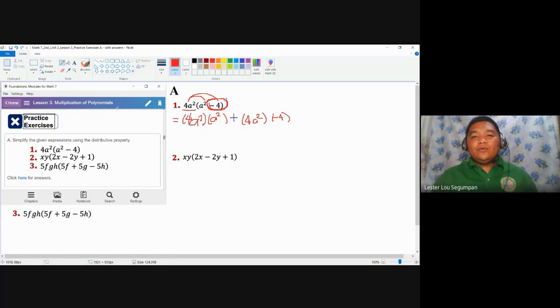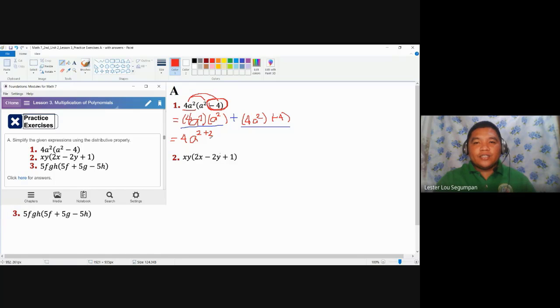And then we are going to simplify them independently. Do not add yet, because again, we are only assured to add or subtract if they are alike, and we are not yet sure if they are alike or unlike. So let's combine this first. To combine, we multiply the numerical coefficients and the literal coefficients. So 4 times 1 is 4, because it has a 1 here. And then you have a, and this is where the multiplication law will come in. Multiplying variables with the same base, you add the exponents. So we have a squared times a squared, so you have that.